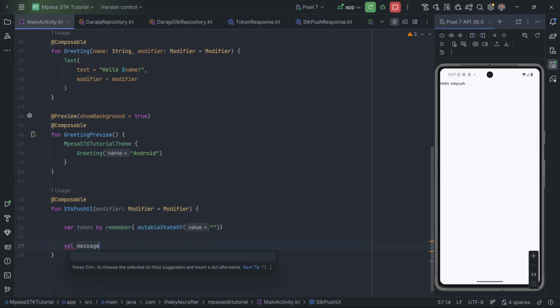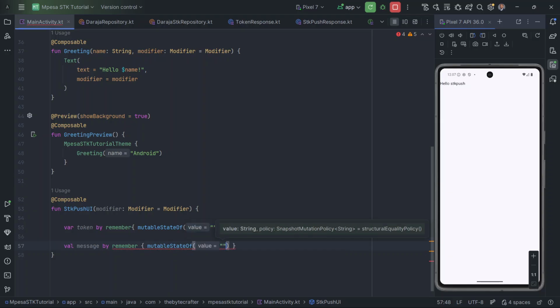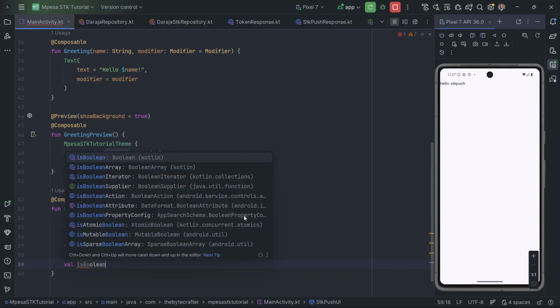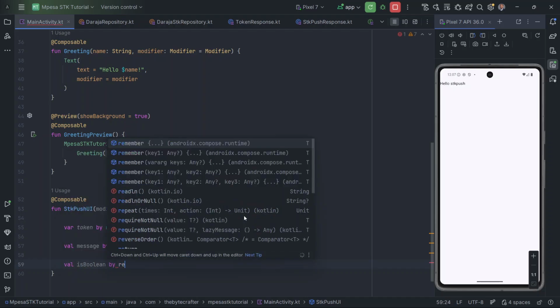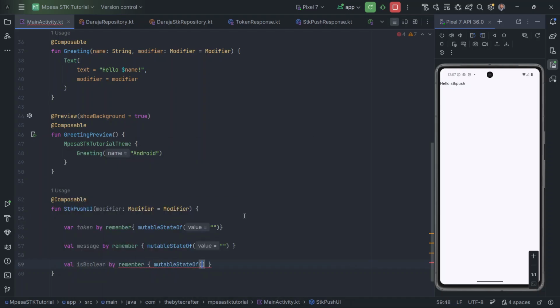So I'm going to have some val message, by remember again a mutable state of an empty string. And then we have another boolean, which is related to simulation of fetching the data from the API. So I'm going to have a mutable state of false, and then I'm going to have a column,